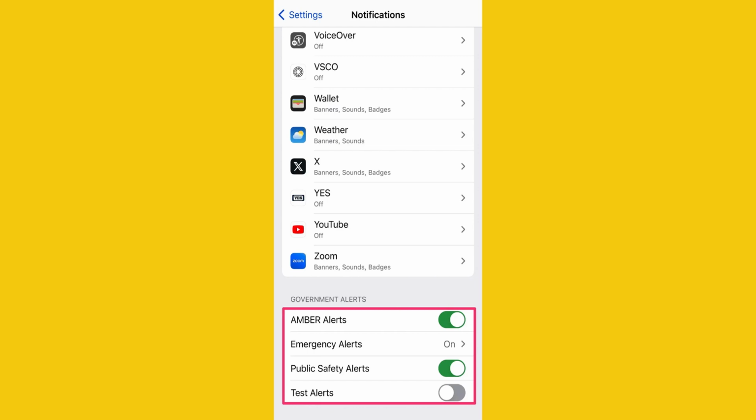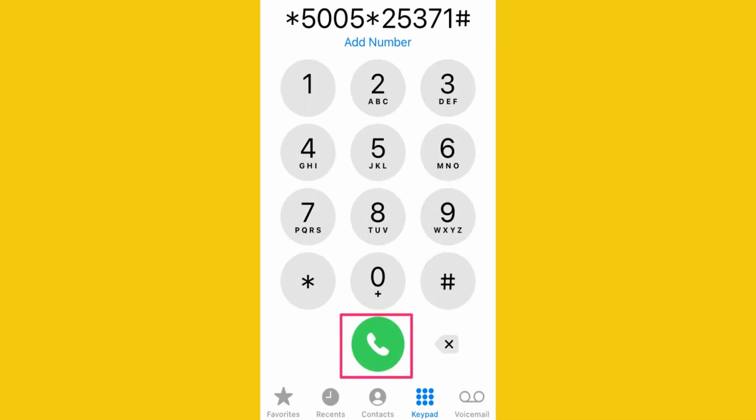If you enable these options, you'll receive important notifications about severe weather, safety emergencies, and other critical news that can help you stay safe and informed. By following these simple steps, you can easily manage your iPhone's emergency alerts and ensure you receive only the notifications